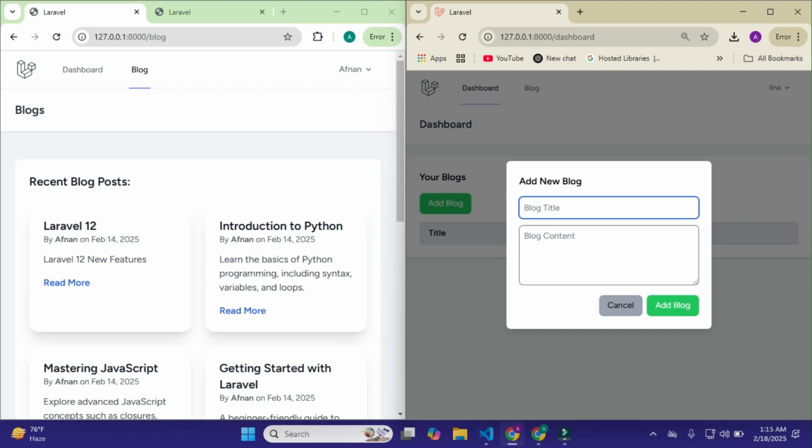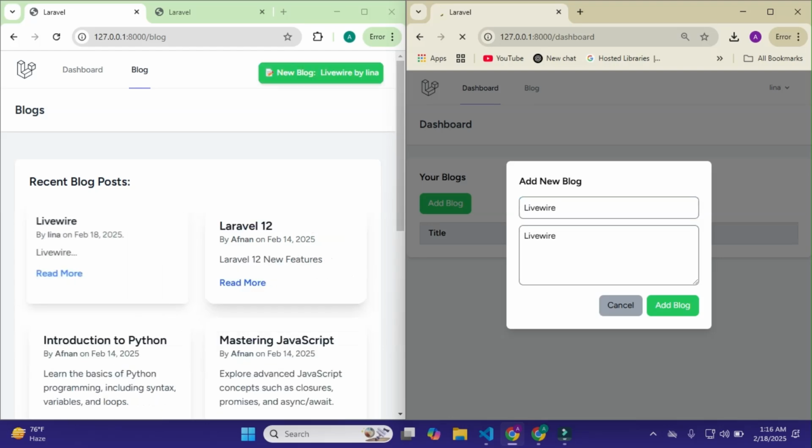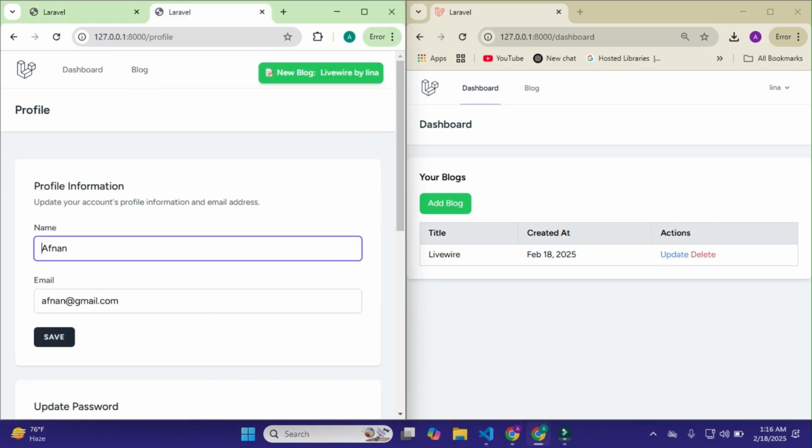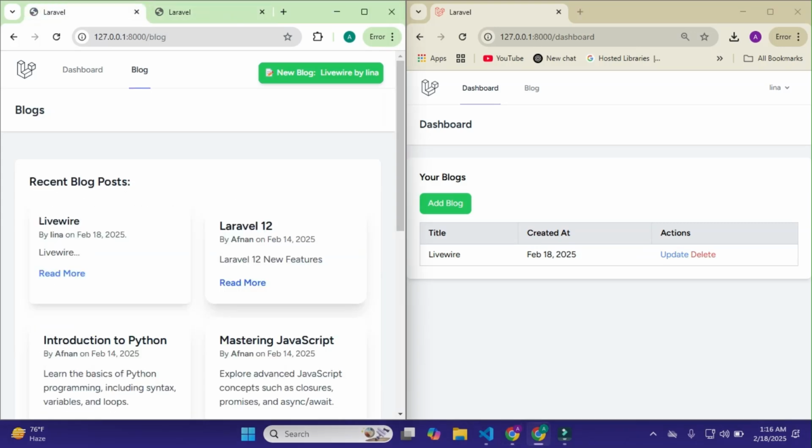When I simply create the blog, I'll name it Livewire, and also add here Livewire. When I add the blog, it will not show the notification to the user who created the blog, and it shows the notification here on this page and on this page, but not on this one. So that's how we can give it a realistic look like a real-world application.